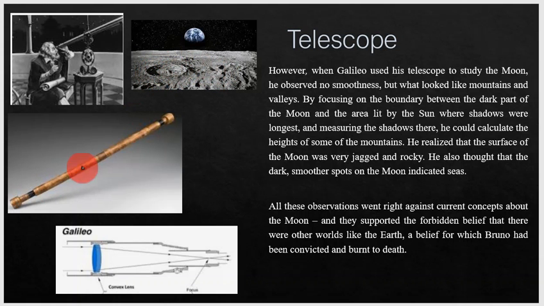So this was Galileo's telescope at the time. It was a very, very crude setup. This is the way that it looks. So you just had a simple telescope, light passed through it, it was focused at a point, and then you could look at this and you would see a magnification of whatever it was that you're looking at. In this case, Galileo would have been looking at the moon.